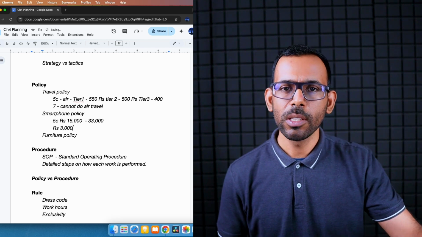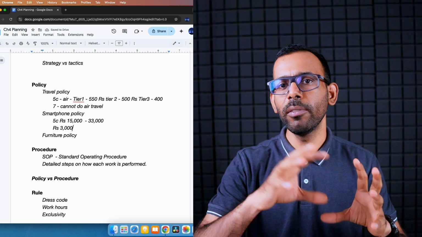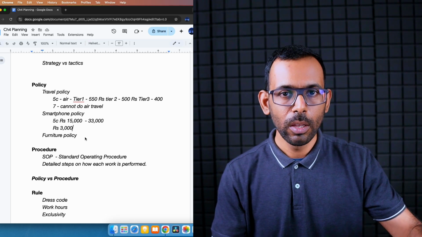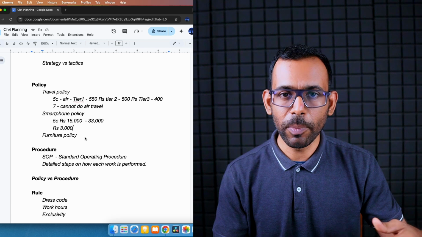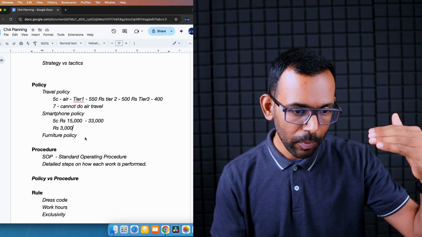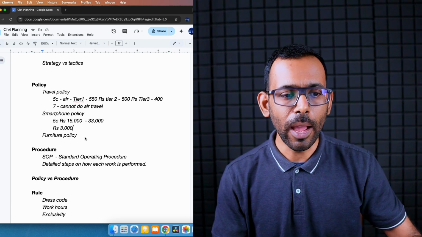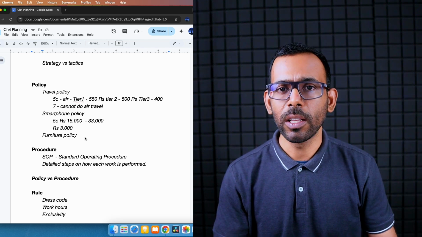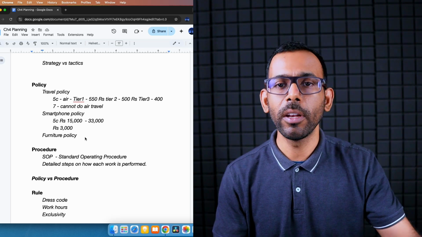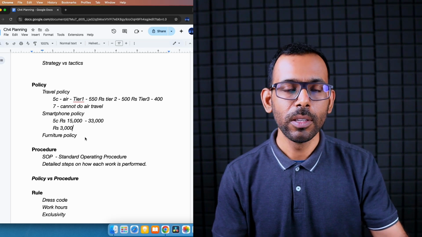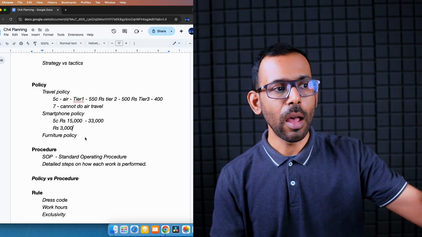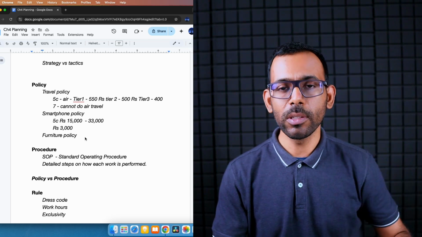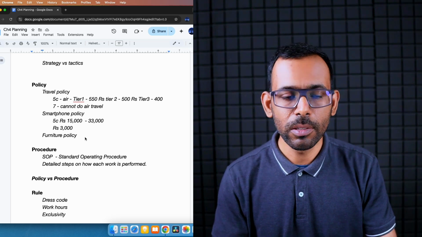Similarly, there is also this furniture policy. Like this, the company will have a particular idea about how much we can allow, how much we can give as benefits to employees. And they cannot just like that give a blanket benefit to everybody at the same rate, because there will be grade within the company. So they will have to define limits. They will have to define certain permits. Okay, if you are above this grade, you will be allowed more allowances. If you are below this grade, lesser and lesser privileges for you.